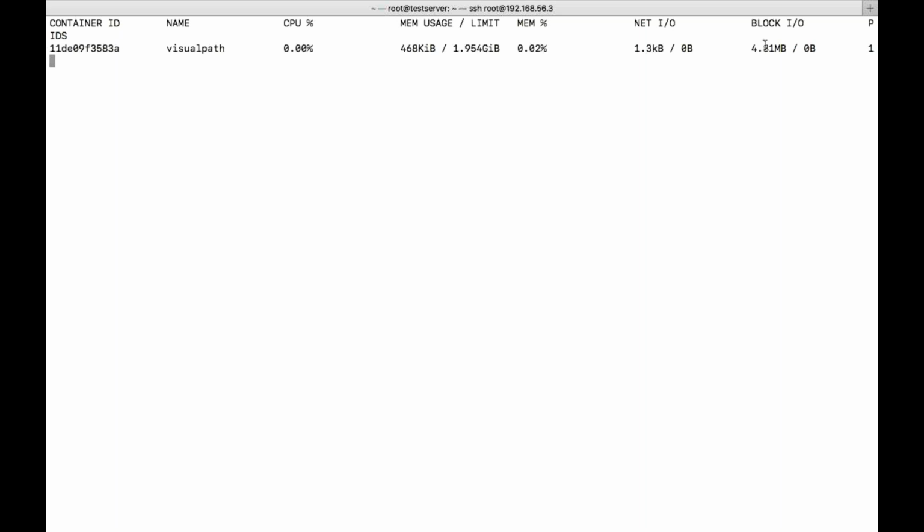How many process IDs are running in the background? So only one process is running in the background. That is all about the stats of the container.